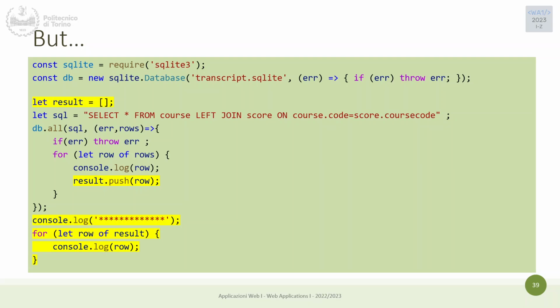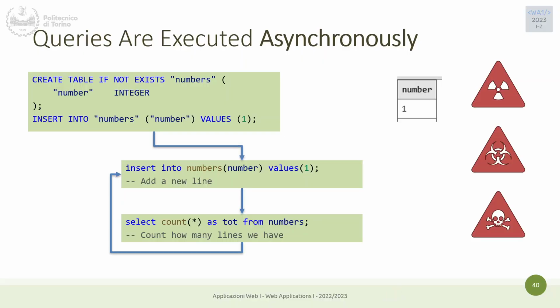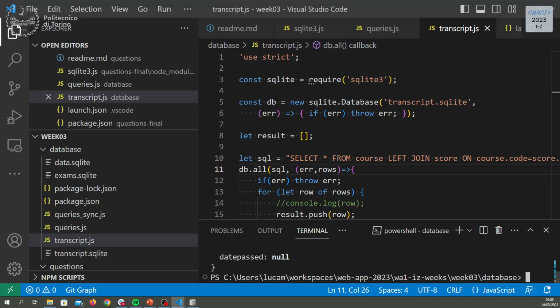So I don't know, maybe considering that I tried this example last night, maybe I have something in cache, but this is the kind of behavior that you could experience. And this could create several issues. I would also like to show you another example, hoping that this time everything works as expected, which is this